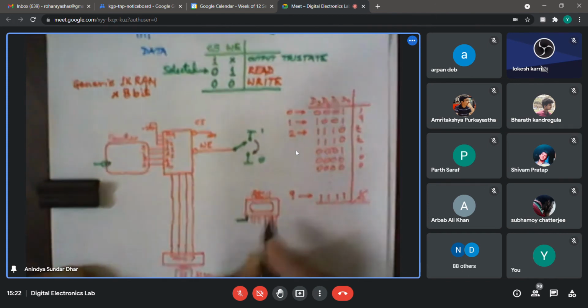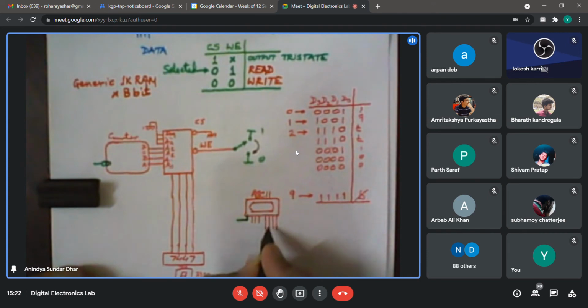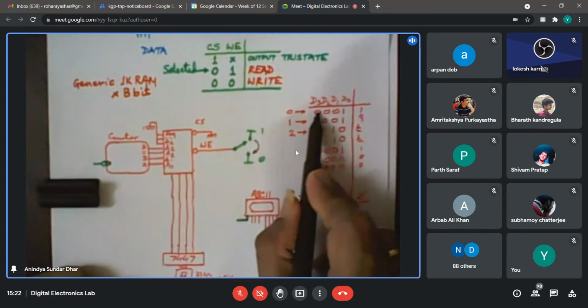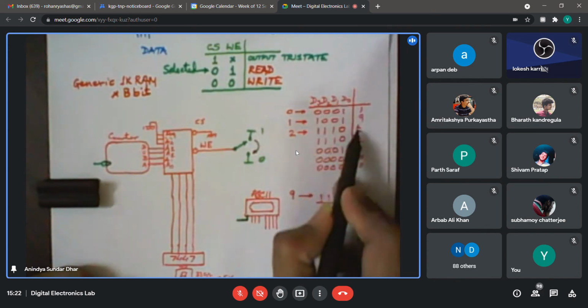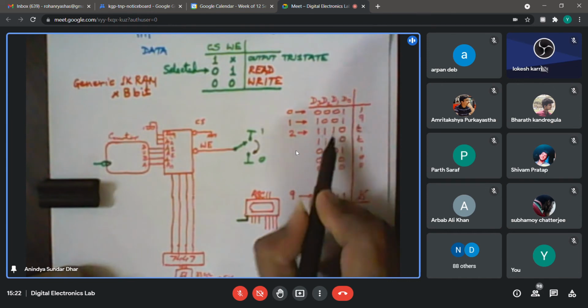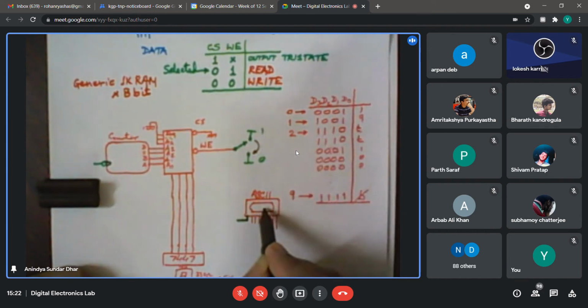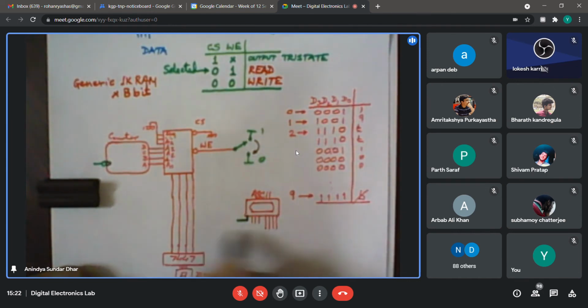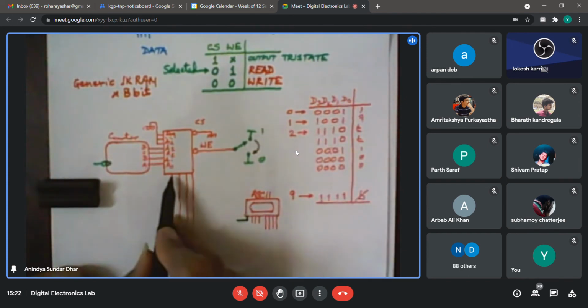So if I press any character on the ASCII keypad, whatever its code is, suppose the first character has a code of 0001, I press 1, then I press 9, then I press T and so on. It will give me a 4-bit code depending on whichever key I have pressed. Assume they are connected; I am not showing the connection right now. So what will happen? Whatever key I press, the corresponding 4-bit binary code will come into this RAM, because it is now in the input mode. So it will go inside.